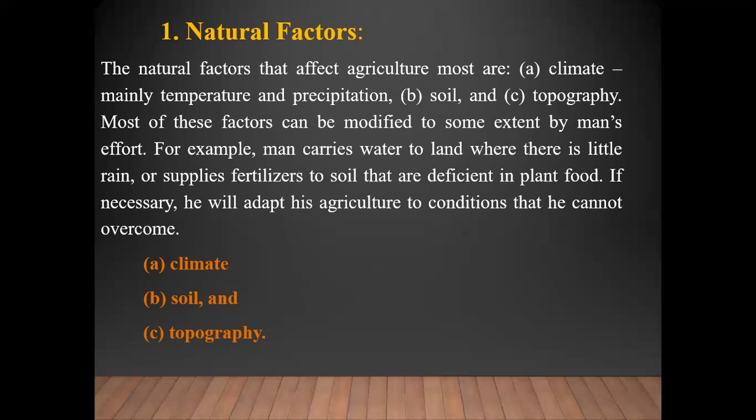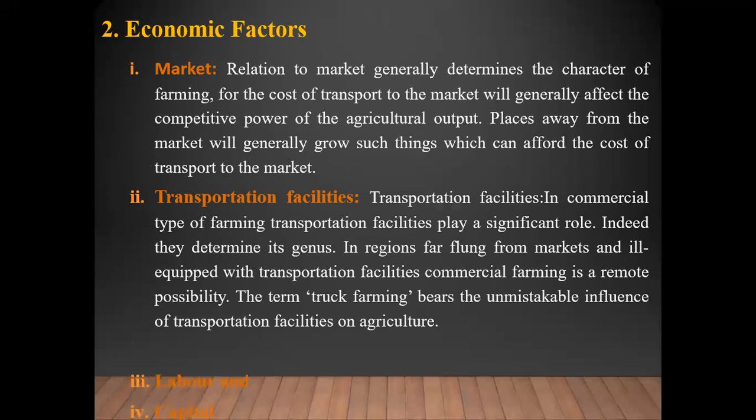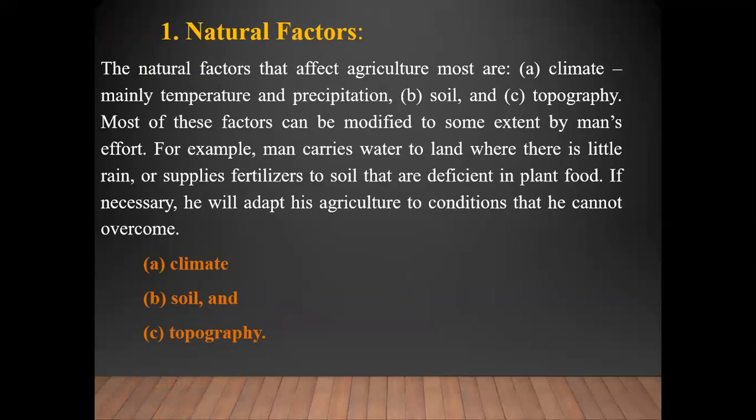Now we will focus on the various natural factors affecting agriculture. A. Climate. All forms of agriculture are largely affected by temperature. Areas deficient in heat are deficient in agricultural production. But that is one element of climate that man has not been able to create at economic cost on a large scale.